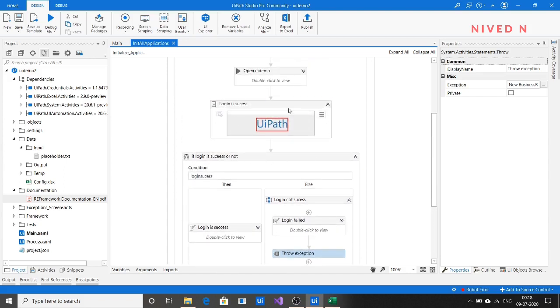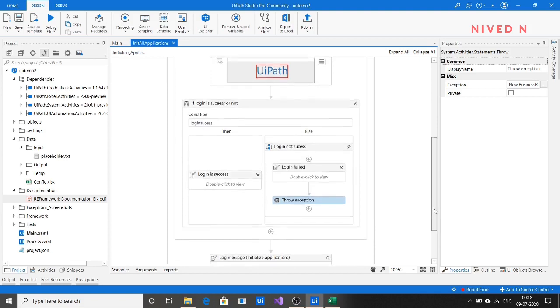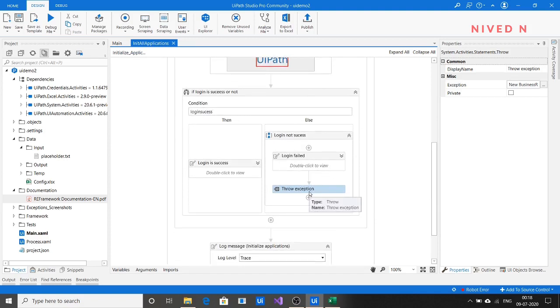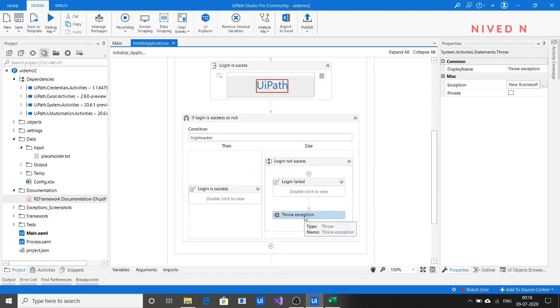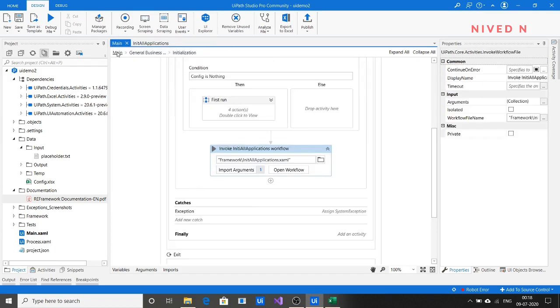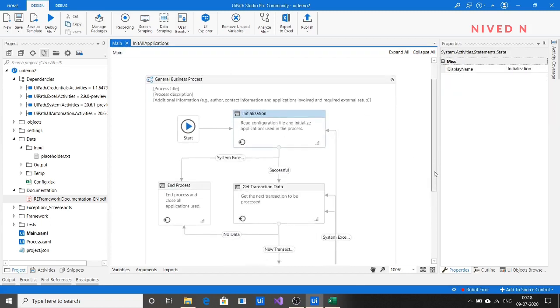If you are providing this condition, and we are providing incorrect credentials, this element exist activity will become false. Take a case where you are not providing this throw exception activity, you are just avoiding it. When the login details are not correct, the login success boolean variable is false, so it will go to this section. You should know that to go from the initialization state